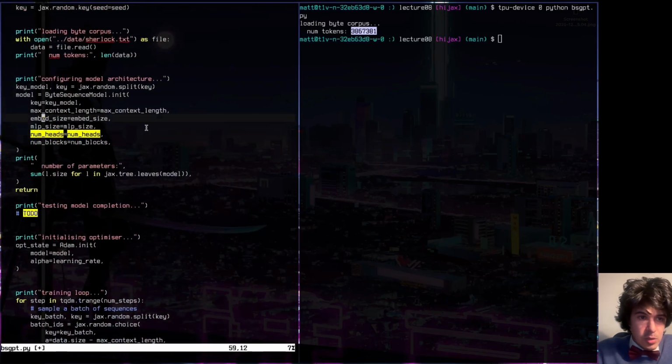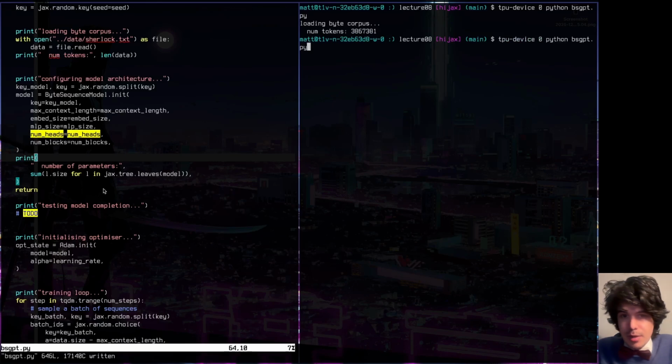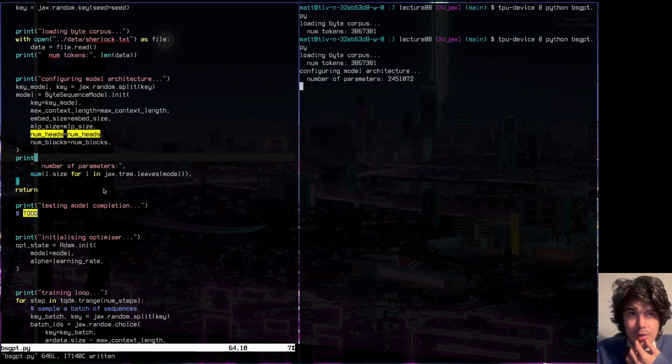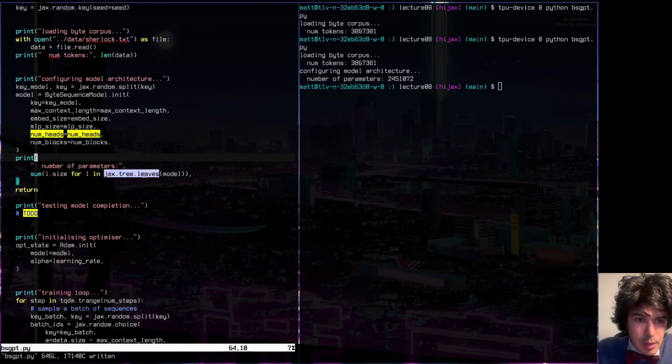So I'm going to see if this init runs, and then see if we can count the number of parameters. Then we're going to see if we can get the forward pass to run after that. So let's start by seeing if we've done enough to JIT the init method. And it looks like we have. So we configure the model architecture. It's obviously traced and compiled the initialization, and then we've actually executed and got this pytree back, and we've walked through the pytree. We've iterated through the pytree's leaves, and we've taken the size of each of them, and we end up with 2.45 million parameters,